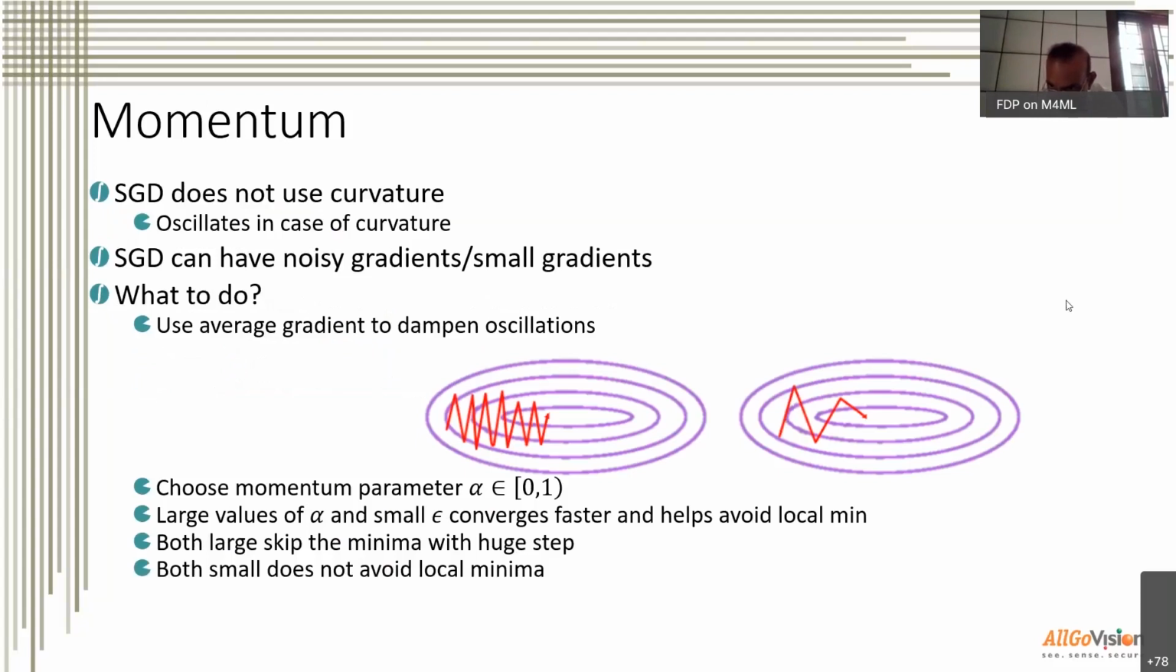Then let's quickly cover, in the remaining 20 minutes or so I have before we get into question and answers, some of the variants of this method. A couple of the problems with SGD is